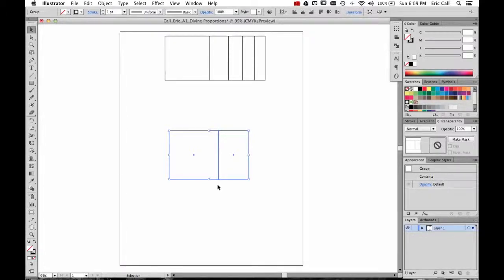So I'll take this, and I'm going to match this up with the smaller side of the golden ratio, and holding Shift I'll scale that down. We can see that it fits perfectly within itself. And I can do that again. Fit into itself again. And so in order to get that kind of swirling